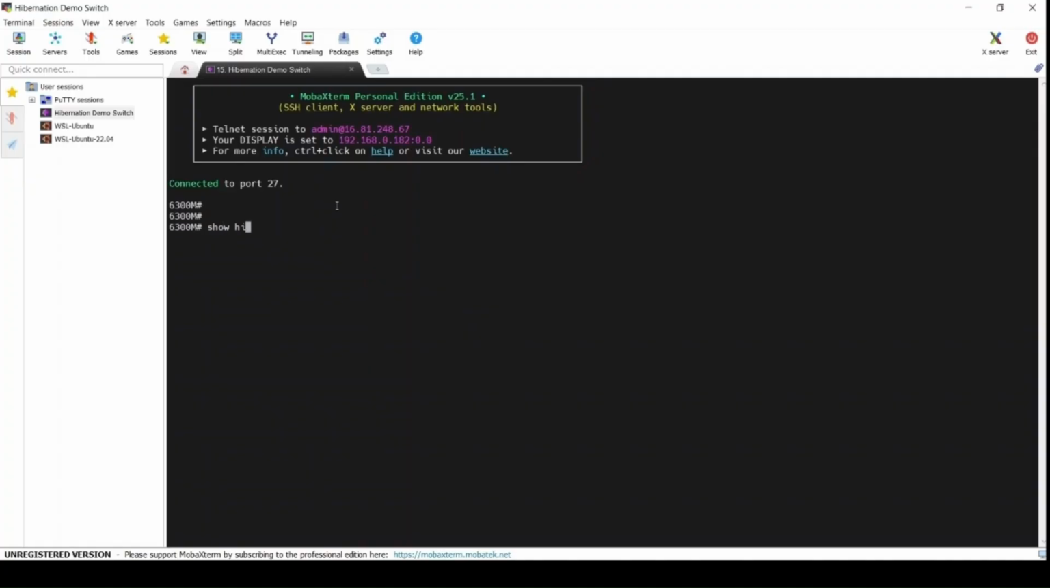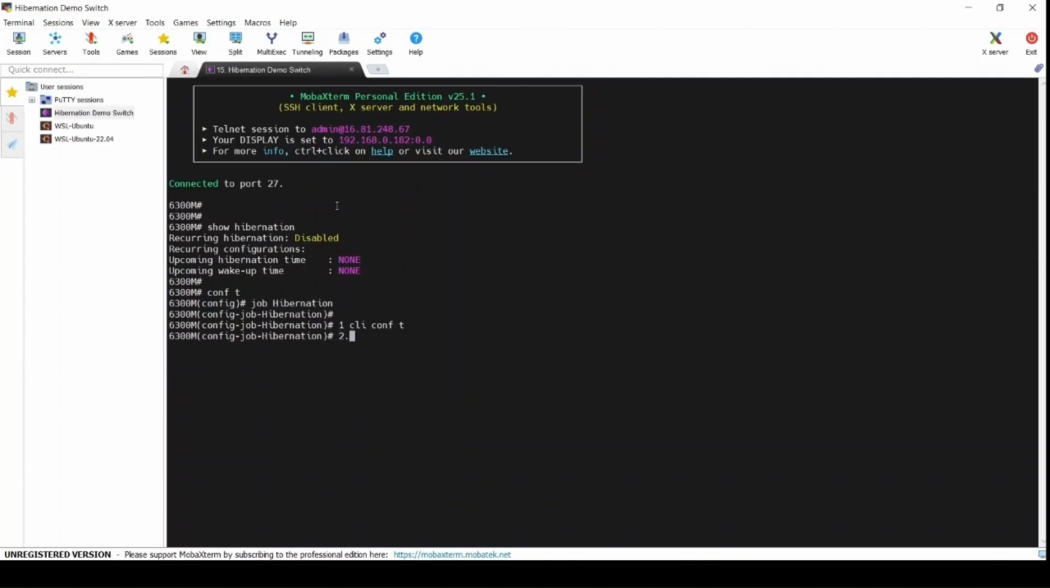Show hibernation. It is disabled. Go to the configuration mode. Create a job. And whatever commands you're going to use, we need to specify those commands in the CLI format with sequence numbers. Configure terminal. And the second command we are going to use